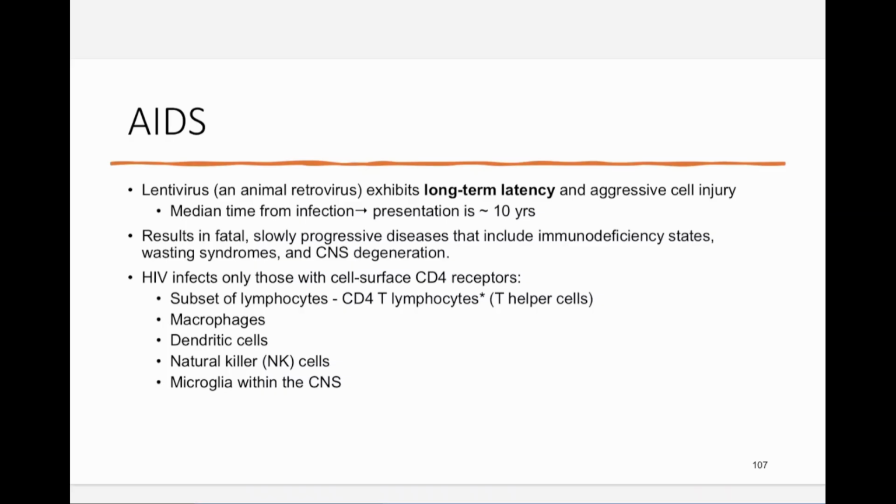So what is AIDS? It's a lentivirus, means from animals, long-term latency. So the mean time from infection to presentation is about 10 years. So they don't know they have it before they start getting symptoms from it. Because remember, you have to have enough destruction of your helper T cells where you can't mount any type of response. Then you start getting the infections. You have to wait for that number to go down to a point where it becomes a problem. Very similar to when we talk about kidney disease. Remember, we have like 500,000 nephrons in each kidney. When you start getting kidney damage, you have to wait till a certain number go away before you start getting symptoms from it. Similar here.